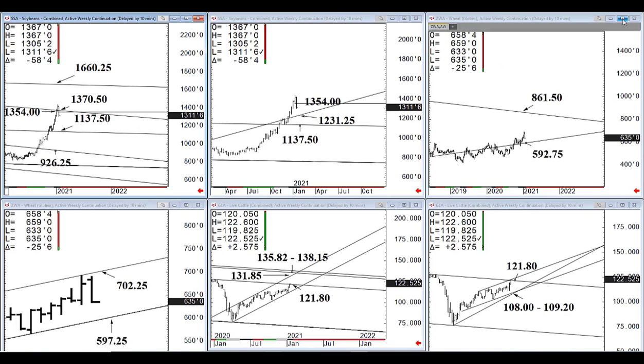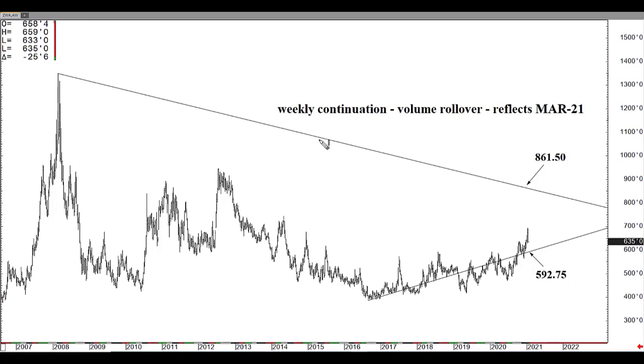Let's move on to wheat. I'm going to give you the big picture. This is March wheat, weekly continuation chart, volume rollover. It presently reflects the March contract. This is my big picture support I've been mentioning to, oh, by the way, I'm going to jump in